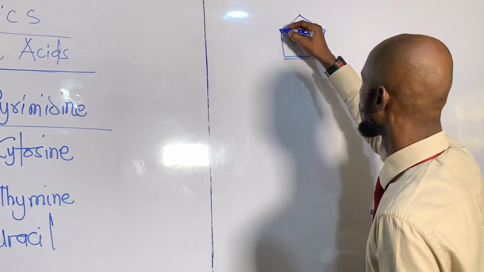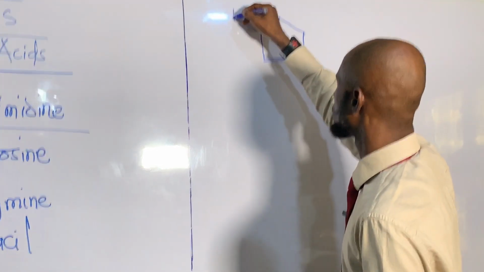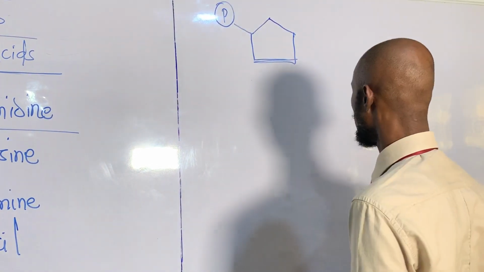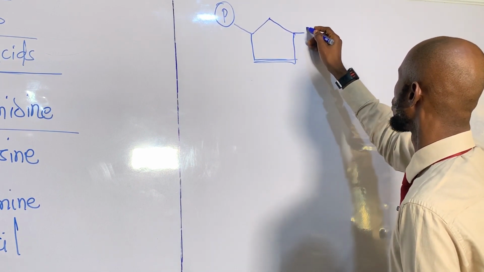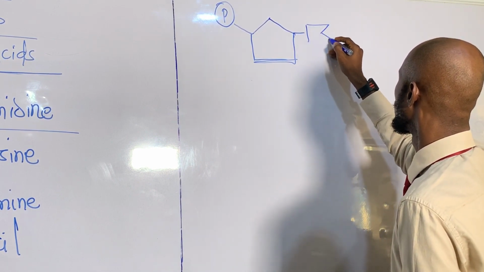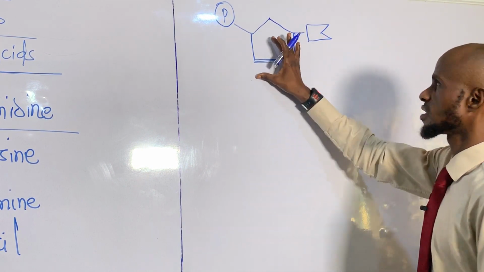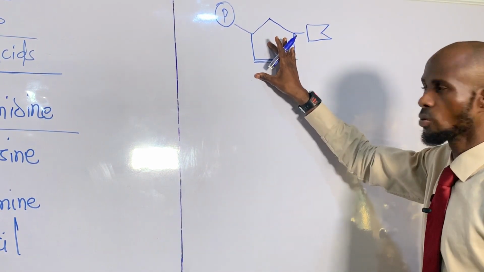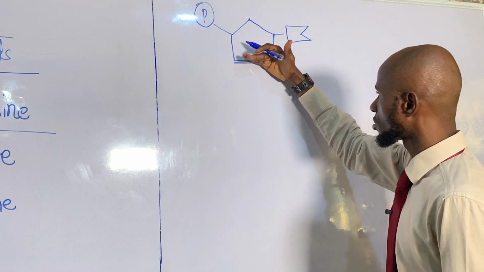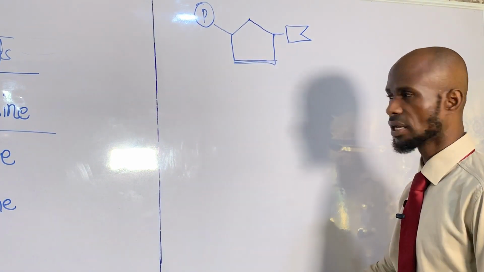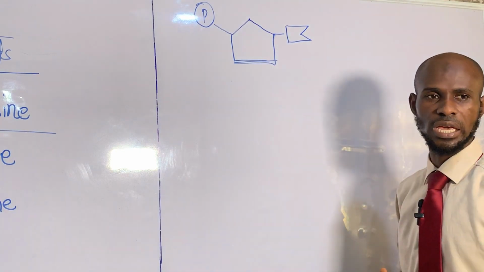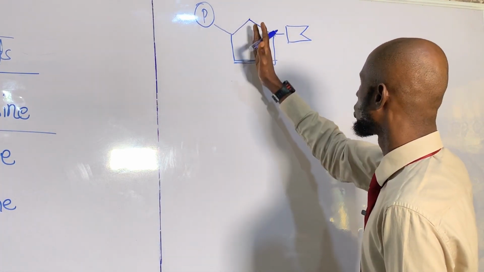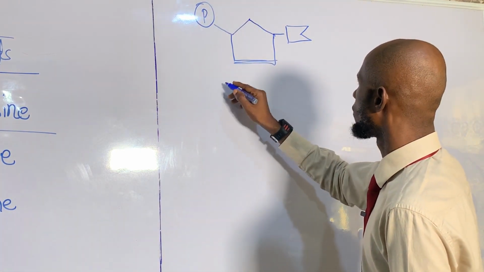Let's draw our sugar. So let's draw our phosphate here. Perfect. Okay. So the next thing is for us to draw our base here. So this is a nucleotide. This is a what? A nucleotide. Now we need to repeat the nucleotide. Then we now double the nucleotide, and that forms our DNA. Okay. So how do we repeat this now? We have